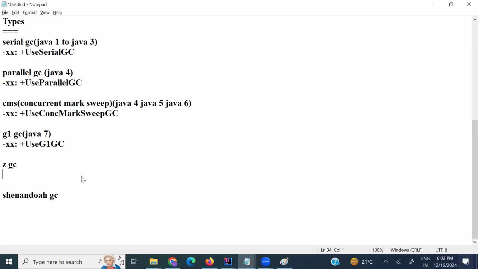And then non-deterministic behavior: memory reclamation is automatic, and developers cannot predict when GC will run. Developers cannot predict when GC will be enabled or disabled; the JVM will automatically enable it. It also increases complexity, as different GC algorithms require tuning for optimal performance in various scenarios. These are the advantages and disadvantages